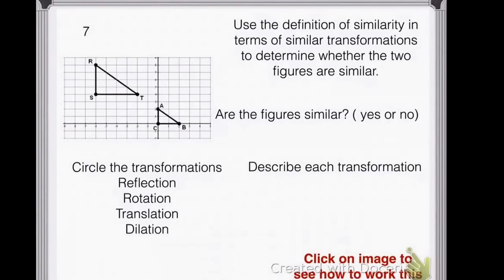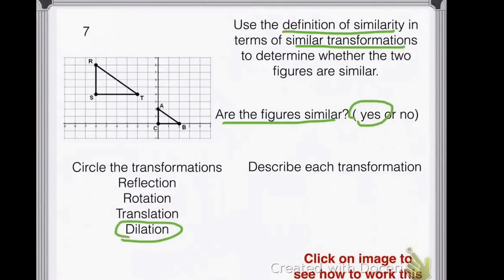On this question, use the definition of similarity in terms of similar transformations to determine whether the figures are similar. The first question says, are the figures similar? Yes or no? I would say yes, they are the same shape, but they're different sizes. Circle the transformations. In this case, what I've done is I have dilated, and I could say I have translated, I have slid. So if I translate it, I moved it up